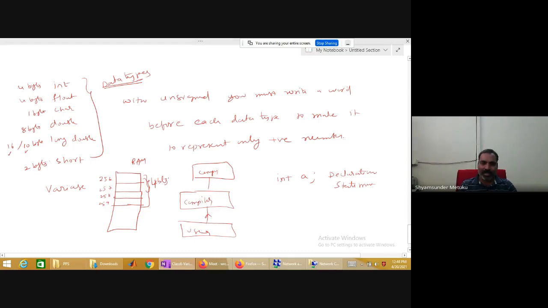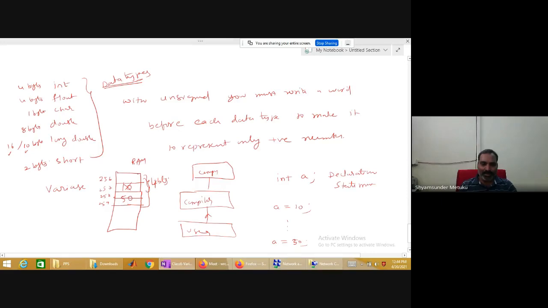So the meaning of a variable is this: during programming, I write a is equal to 10. Then out of these 4 locations, the value is written as 10. After some time, I want to modify this memory with some other value, maybe 50. Then this 10 will be overwritten in the same locations by 50.